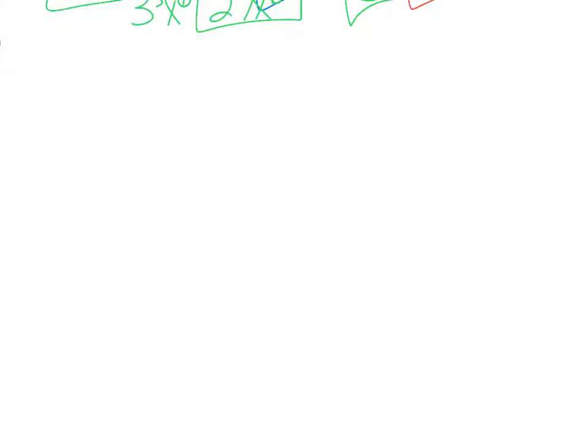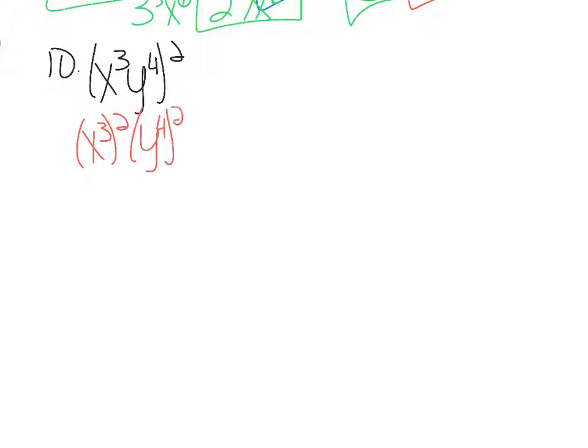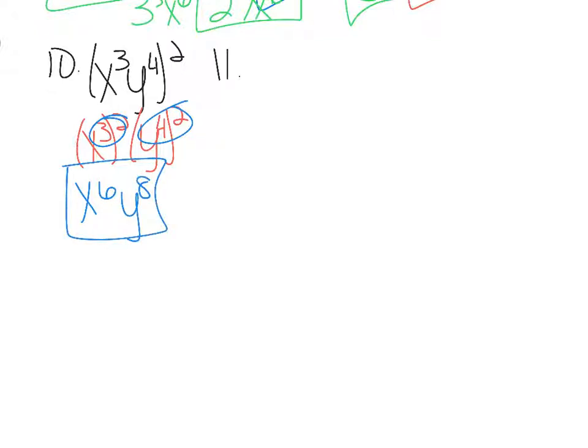Okay, number 10. Number 10 says (x cubed y to the 4th) squared. Okay, this one's going to require a couple rules. First and foremost, I have the power of a product, which tells me everything in here needs to be squared. So we're going to take x cubed, squared. We're going to take y to the 4th, squared. And then to simplify each of these, both of these are powers of powers. So we would multiply these exponents and get x to the 6th, y to the 8th. Number 11,